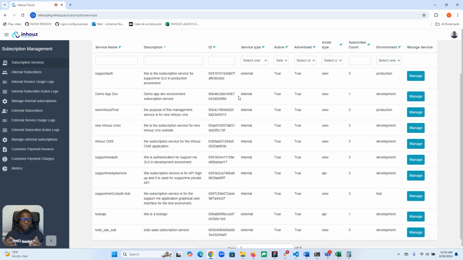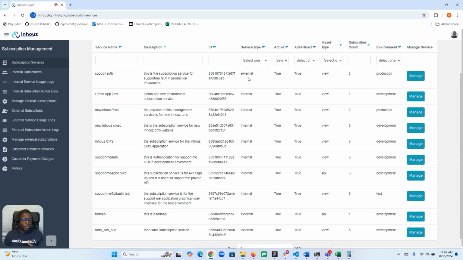So whenever you have an application or a web application or an API that is private, but then you create a subscription service that is internal, it just makes these APIs and web applications internal tools, as opposed to external, which means that people outside of your organization can sign up, which is perfect if you wanted to build something that you wanted to monetize, right? Like a SaaS product. Now, keep in mind that an application could have an internal and external,